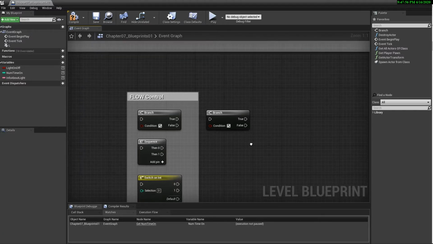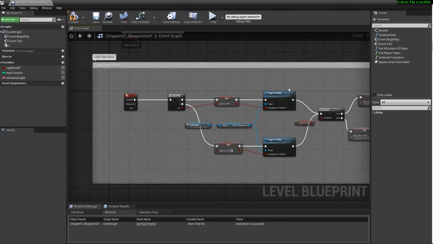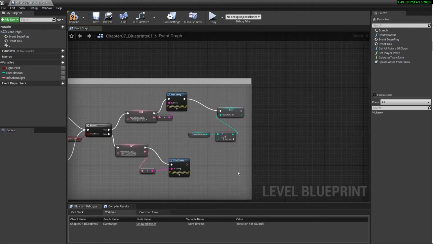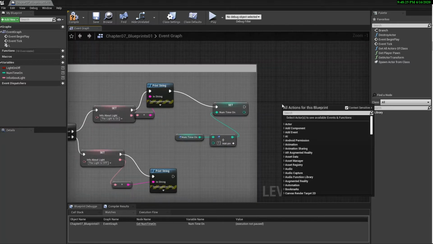Anyways, it's just a little bit of logic that you can attach to the sequence. Let's apply this. Our light operation, we hit the L key, it turns on the light, turns off the light, and it tracks how many times the light is on and off. So why don't we set it up so that after 2 clicks or 3, the light switch breaks in the on position. So how would we set this up? Well, we can use a switch on int.